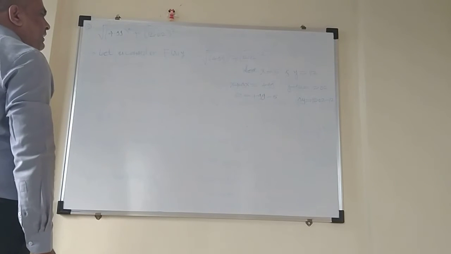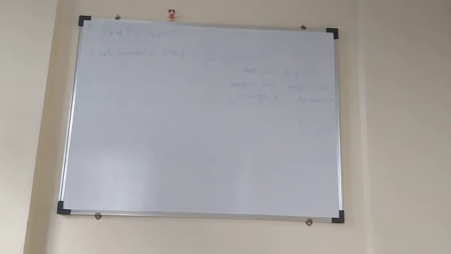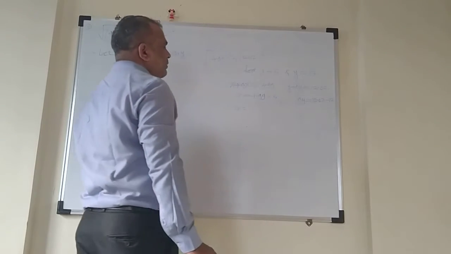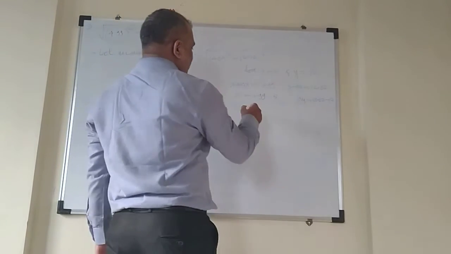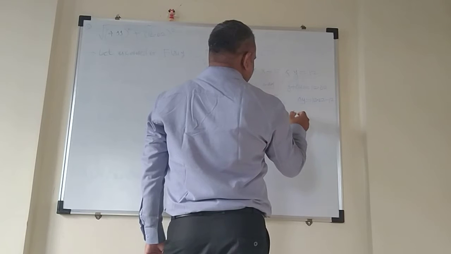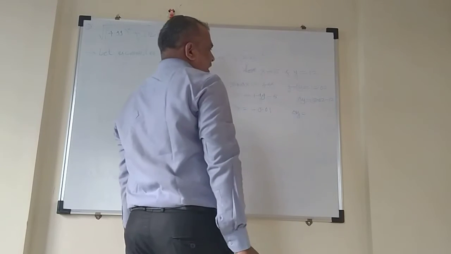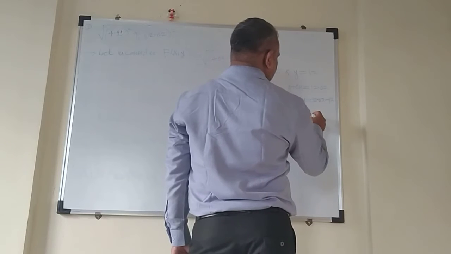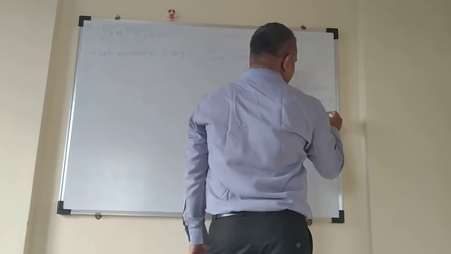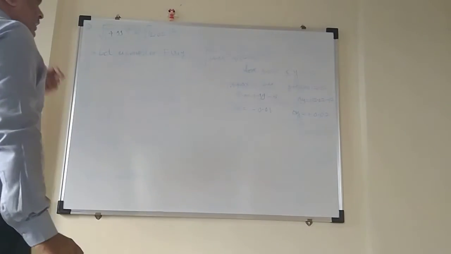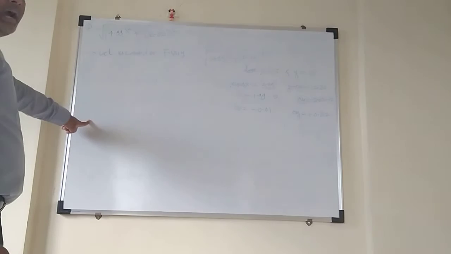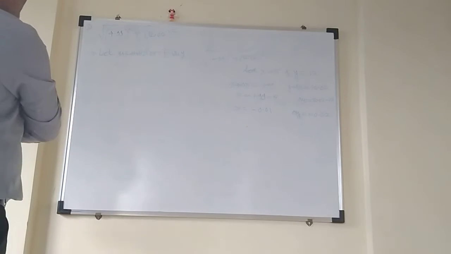So the values of delta x and delta y will be: delta x equals 4.99 minus 5, which is negative 0.01, and delta y equals 12.02 minus 12, which is positive 0.02, isn't it? Now do calculate the value of f first, then calculate df, and then calculate the approximate value of f plus delta f.